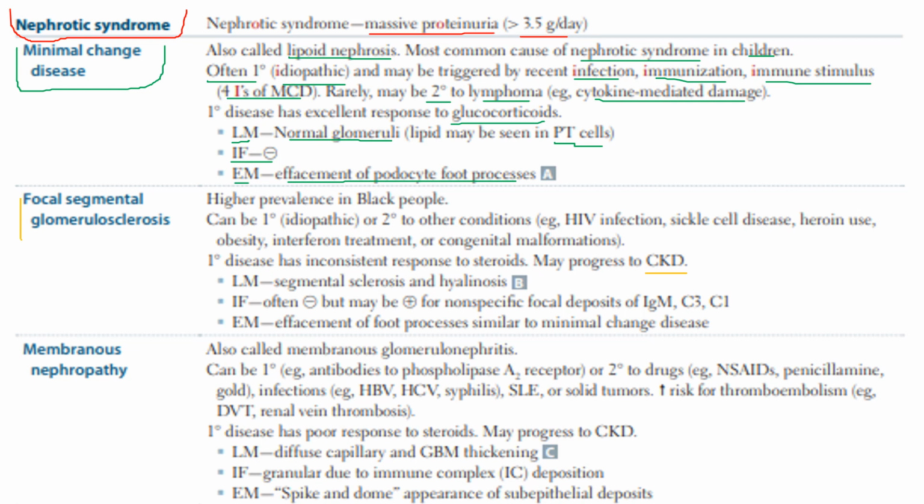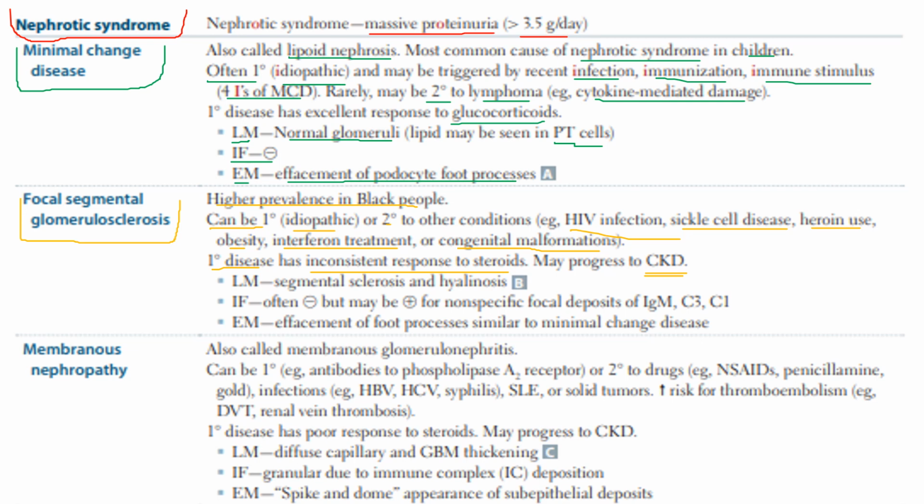Focal segmental glomerulosclerosis. It has higher prevalence in black people. It means it is mainly seen in black people. It can be primary or secondary. Primary is mainly idiopathic, secondary to other conditions such as HIV infection, sickle cell disease, heroin use, obesity, interferon treatment, or congenital malformations. Primary disease has inconsistent response to steroids. It may progress to CKD,